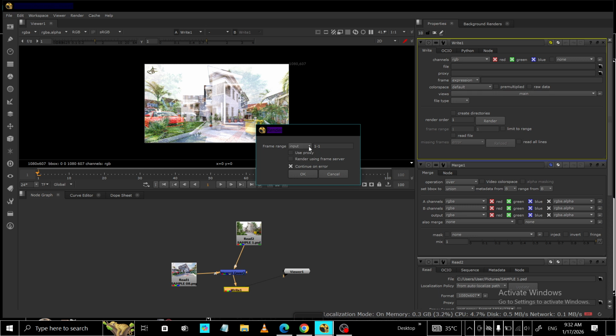Choose your output format: .mov or .mp4 for a single video file, EXR or a .png sequence for image sequences, which are great for high quality and re-render safety. Set your file path to a clearly named folder, confirm the desired codec or bit depth, and check the frame range. Finally, render the shot and review the output to ensure it matches what you saw in